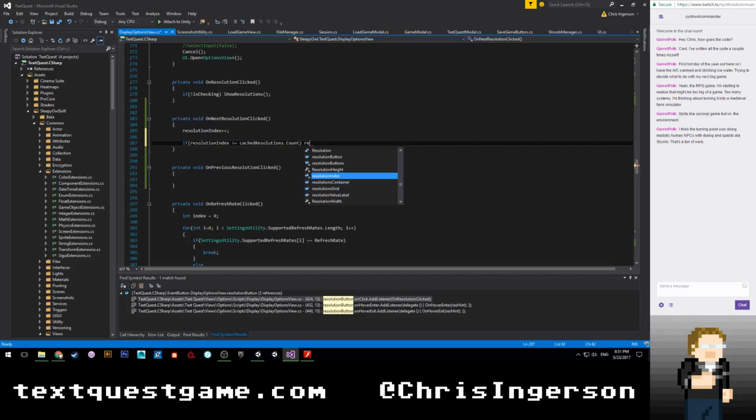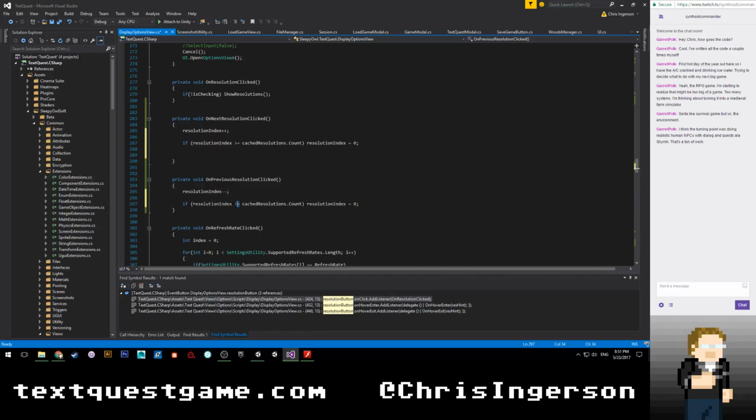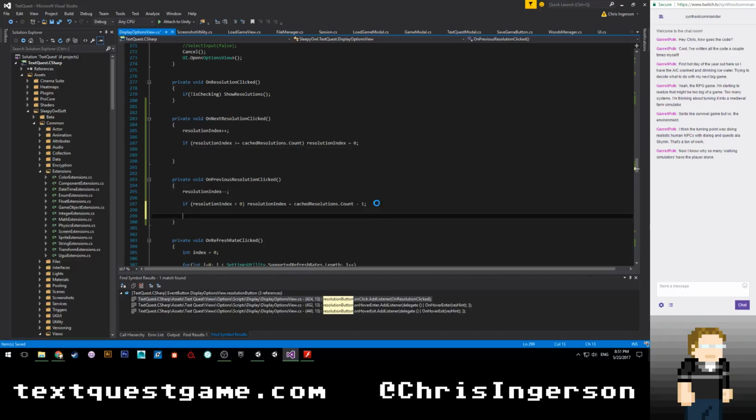Then we'll say resolution index is equal to 0. And down here, we're going to do the inverse. We're going to say index minus minus. If it's less than 0, we're going to set our resolution index to be equal to the count minus 1. And then that means we're going to have to update our text to say